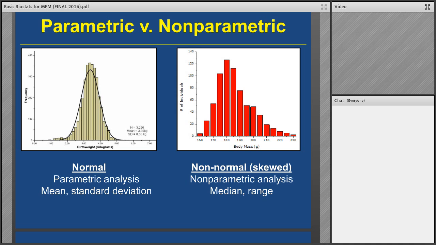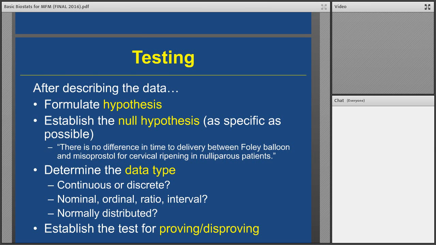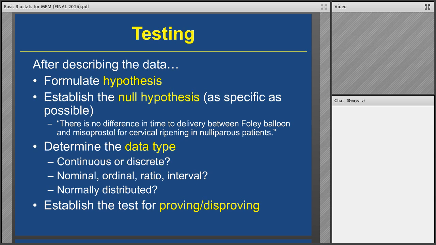So after we describe the data, we have to formulate a hypothesis. We have to establish the null hypothesis and be as specific as possible with this. And I just put up an example here. There's no difference in time to delivery between Foley balloon and misoprostol for cervical ripening in nulliparous patients. So that's a null hypothesis. And we're testing that null hypothesis to see if there actually is a difference in a trial between